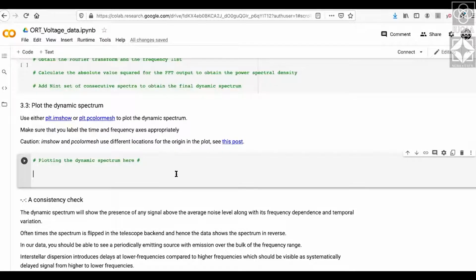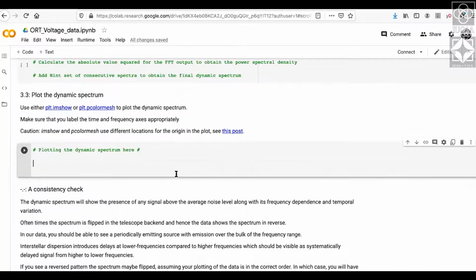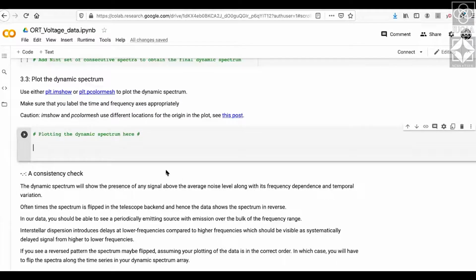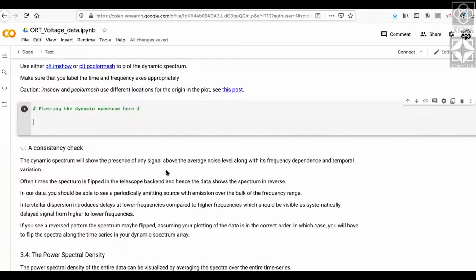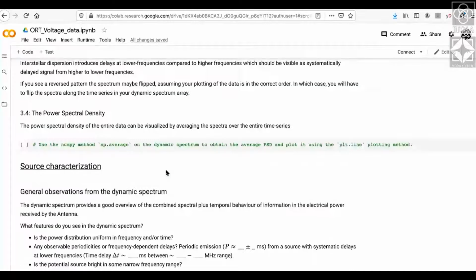I do explain here that this is essentially high resolution data, so it might be useful at various points to appropriately bin them so that your signal to noise also improves, and your signal is more easily visible, rather than having this unwieldy large set of spectra that you're having a hard time even to plot and to see the signal in. So till this point, it's mostly plotting to the point that you get the dynamic spectrum. And once you get the dynamic spectrum for pulsars, you'll see some clear signals, clear patterns.